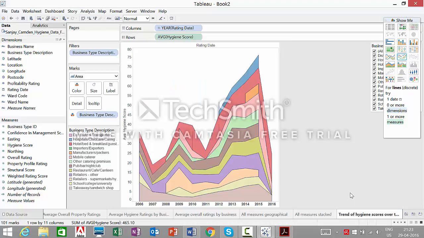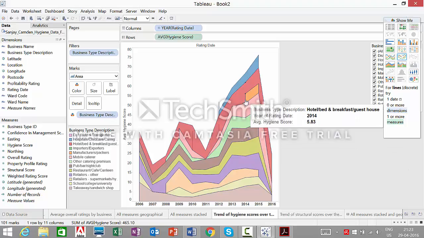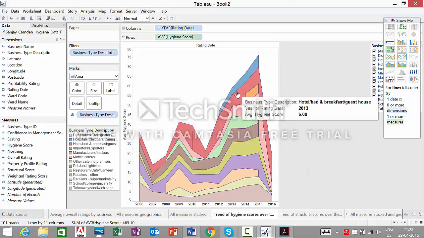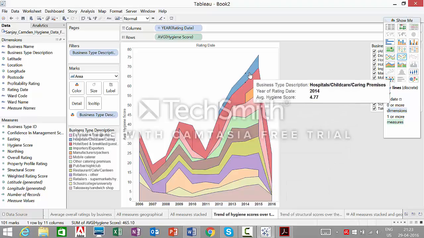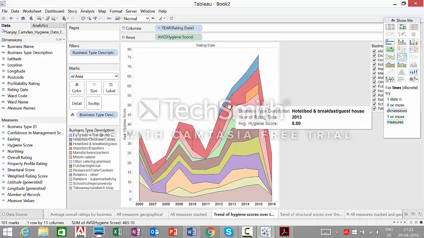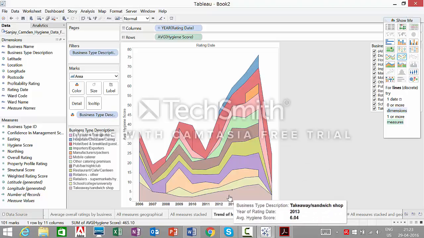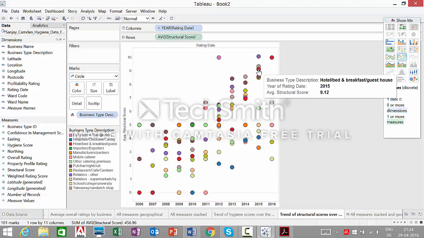The only data that had a time variable in my work was the Tableau time variant distribution, and therefore it is a continuous stacked trend line bar, which shows how scores deteriorated over the years. Most of them, the most dramatic improvement is in the hospital, childcare, and caring premises. As you can see here, it's peaking in 2016, which indicates that they are coming up in a big way, whereas down here you see the ball representation, and you can literally